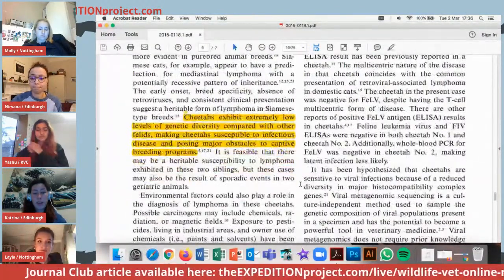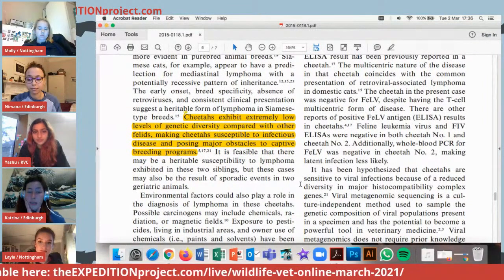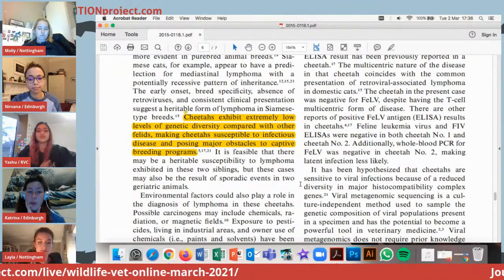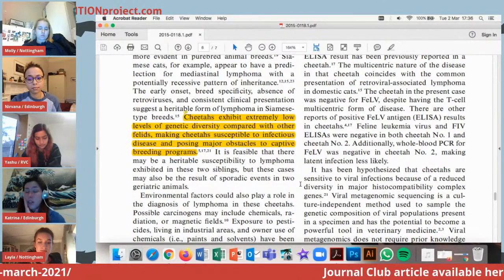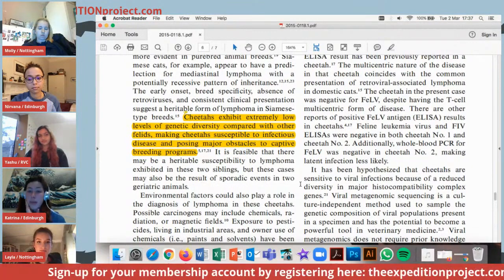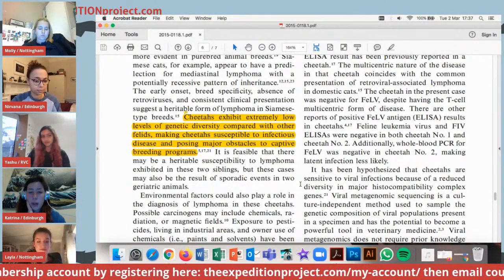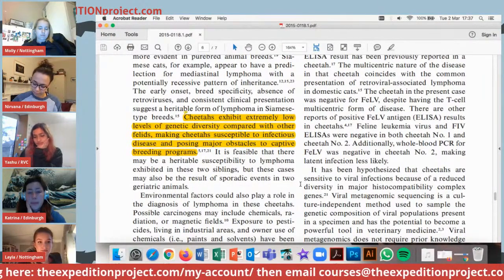But yeah, so here again, they mentioned that the cheetahs exhibit low levels of genetic diversity compared to other species. So there are more problems in terms of infectious diseases and breeding them in captivity. I don't know if anyone knows, but as with most zoo animals, most cheetahs are genotyped, and so that if